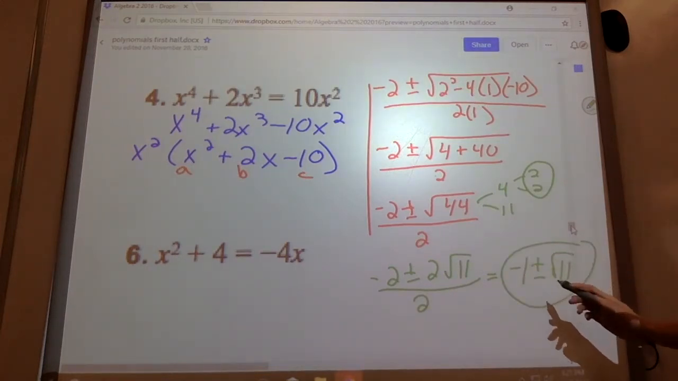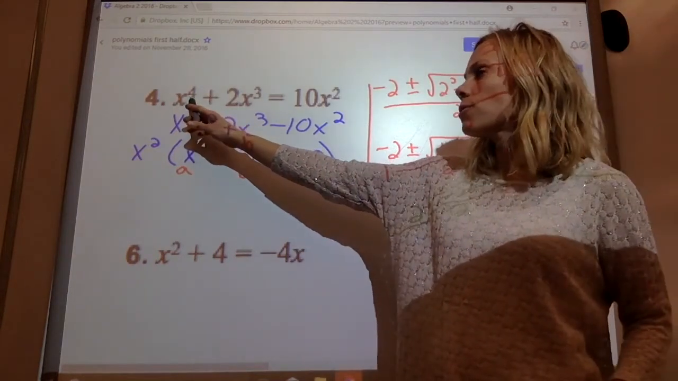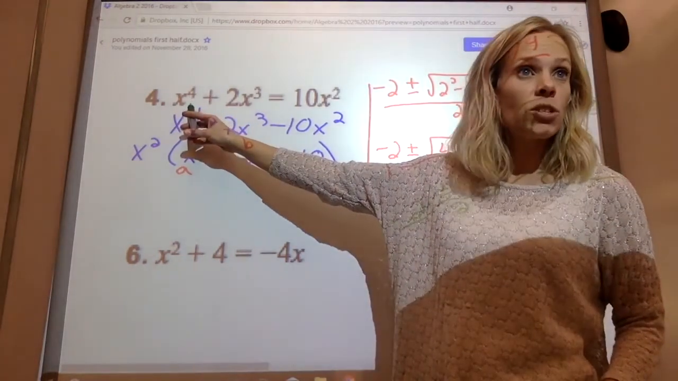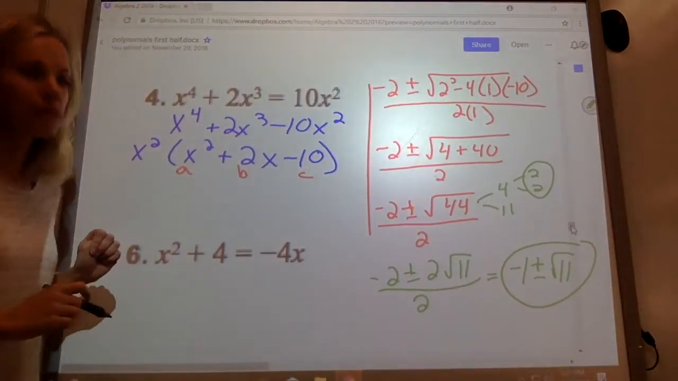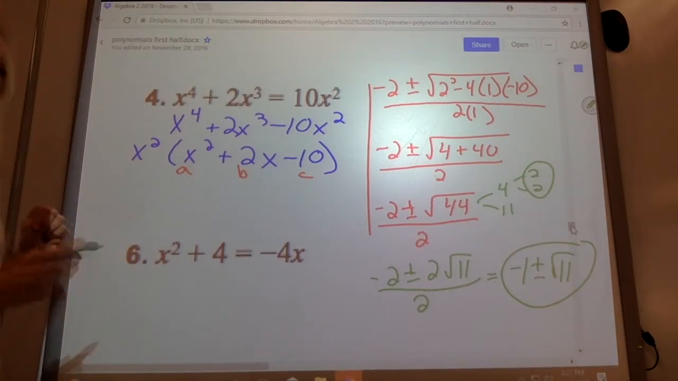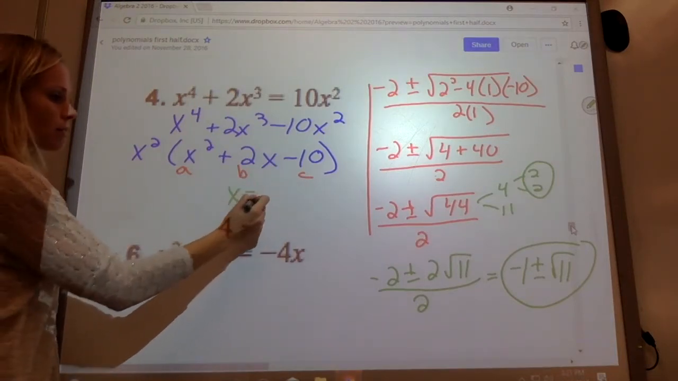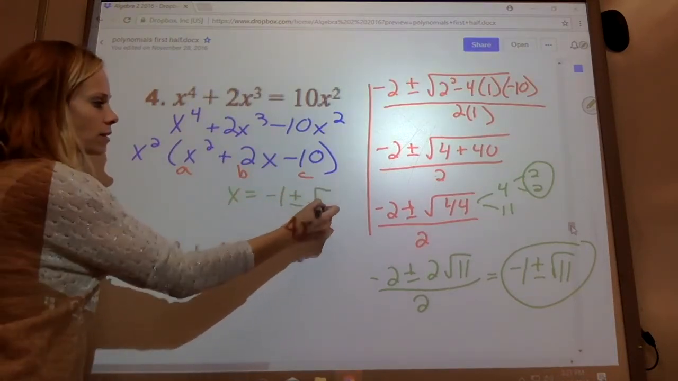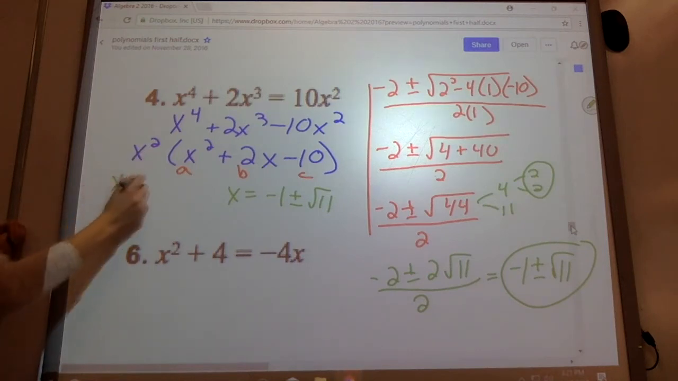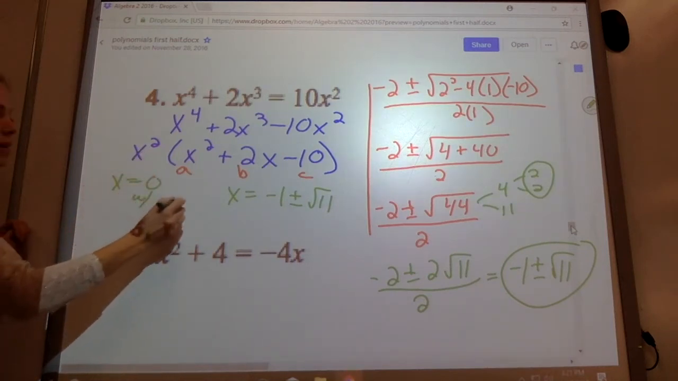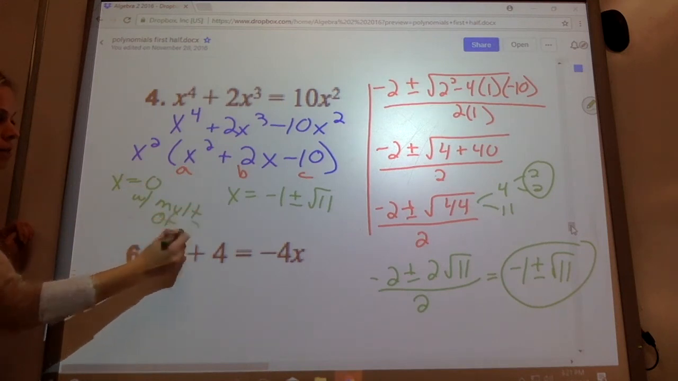There's 2 roots. But here's the thing you need to know. If this is a 4th degree polynomial, how many roots should I have? 4. Where's my other 2? This gives me 2 roots, right? -1 plus or minus square root 11. What does this mean? There's 2 of them, multiplicity. So x equals 0 with a multiplicity of 2. So there's my